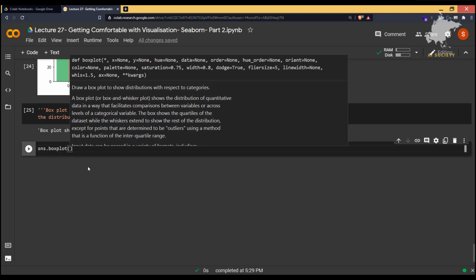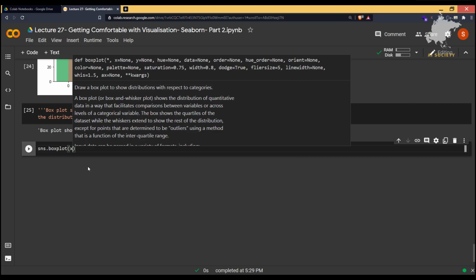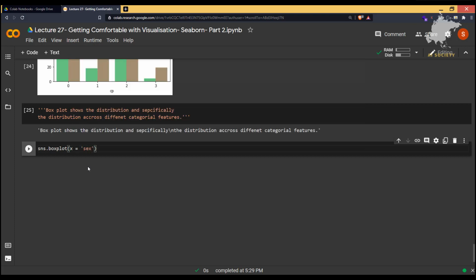Let's give the first column as sex, and the other column as age. Just remember one thing: for the box plot, x should be a categorical value and y should be a continuous feature.